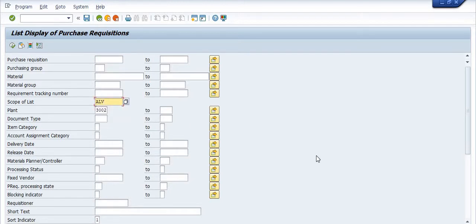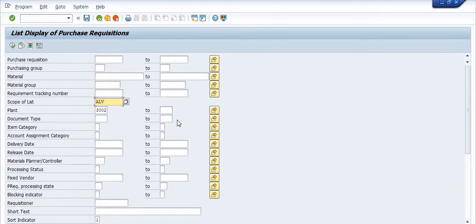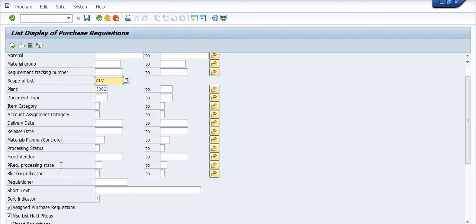Plant is 3002. My observation is on the release date, because once this purchase requisition is released, the date is 31st December 2019, or you can fill in any date.